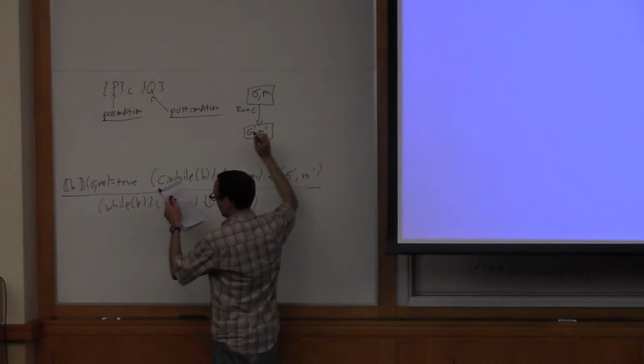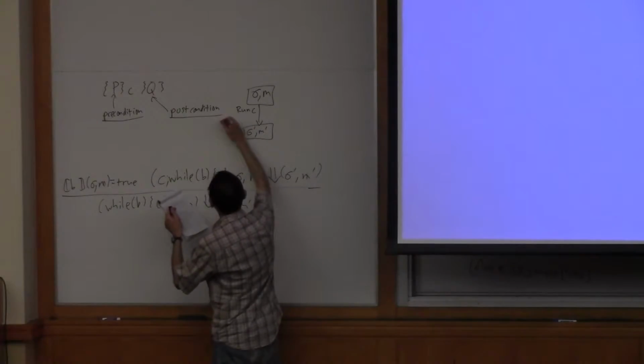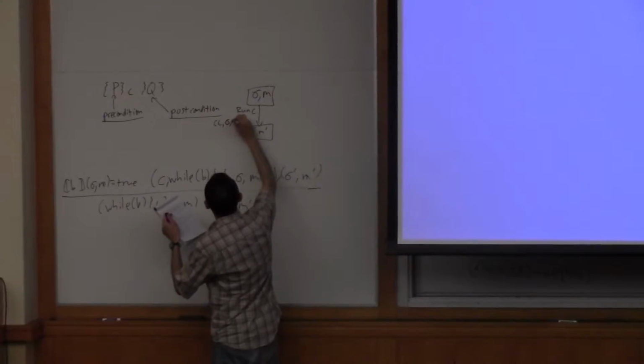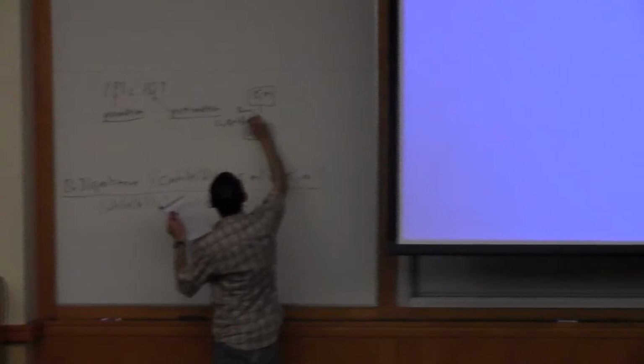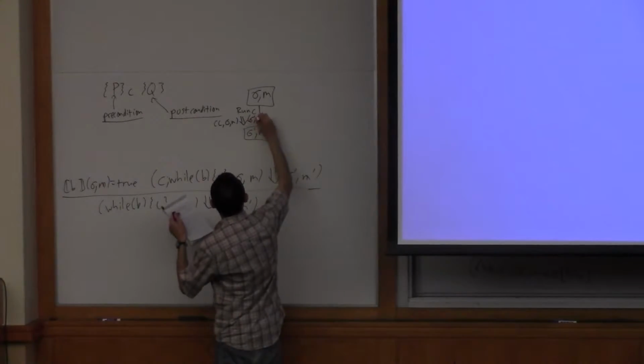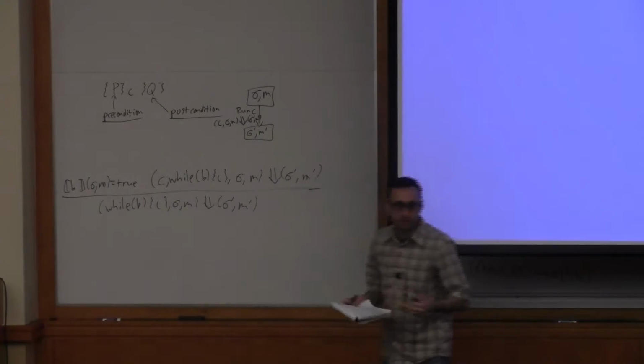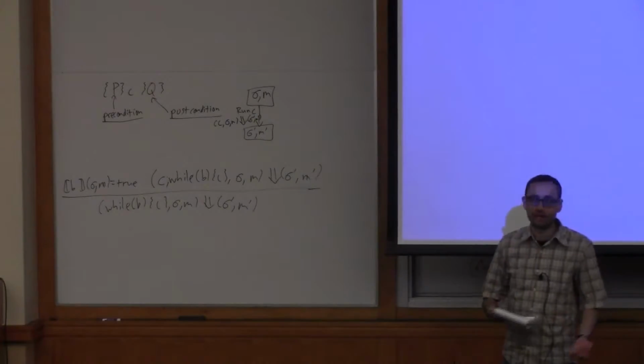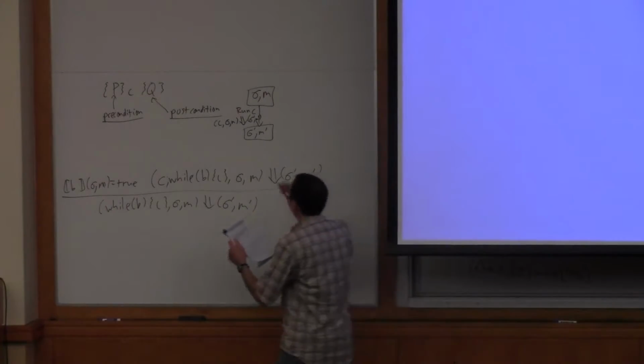What does it mean to run C? It means that we take this operational semantics and we say, starting with C, sigma, and M, we run that and we get to sigma prime, M prime. So this is, again, by the definition of the semantics, we're only considering terminating executions here. And what we're going to do,